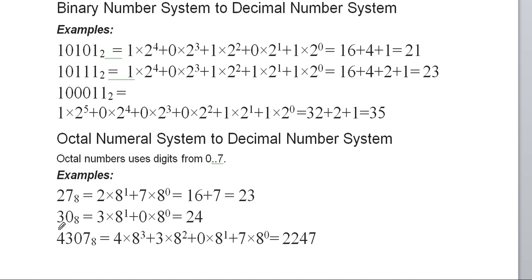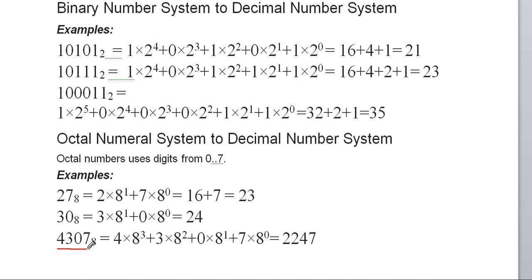In a similar manner, we are also able to convert the octal number 30 into the equivalent decimal number. It is 24. It means if any number you are representing in the decimal number system is 24, it is represented as 30 in the octal number system. You have also observed that in the octal number system, we are using only digits 0 to 7, which means 8 and 9 will not be permitted here.